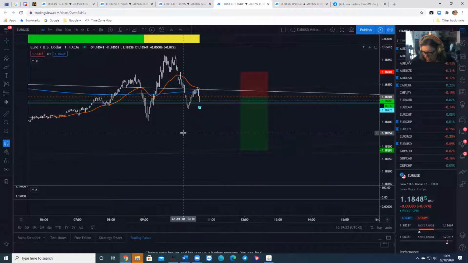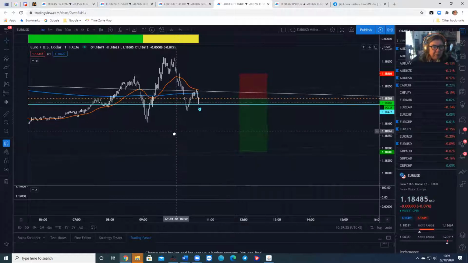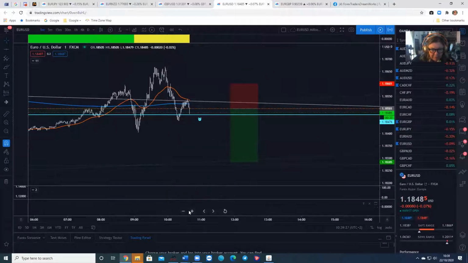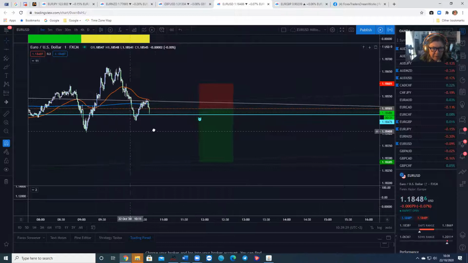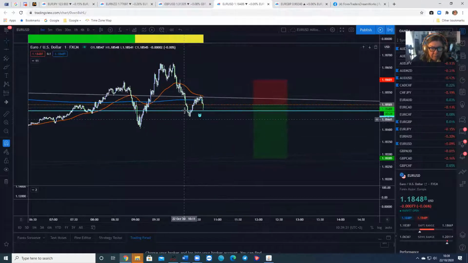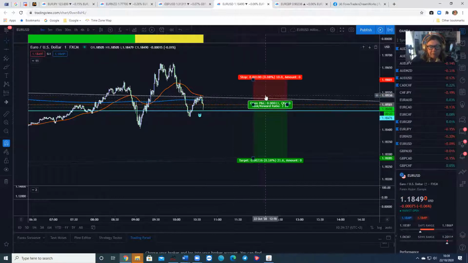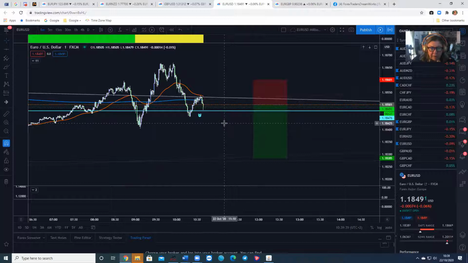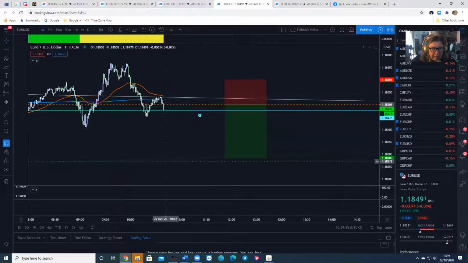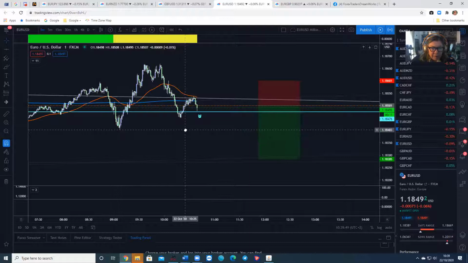Right, so how much time have we got? We've got an hour before the governor speaks. So Euro USD, biggest traded currency. We've had a break and a retest. Now this might not give us the break and the retest. You want all three confirmations sitting in your red area. So you want to wait really till that 62 comes down, because it can curl off on you. But this is looking good.